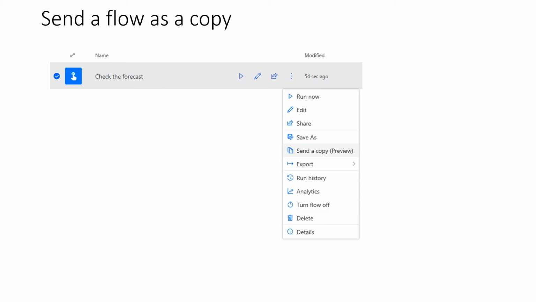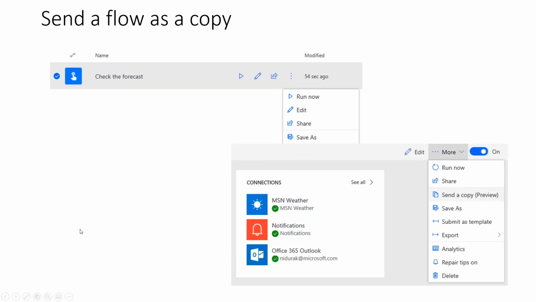I think the example I show here is something that is a weather indication. So what is the weather where you're at? And checking the forecast, and maybe that sends, you configure that to send it to you at a certain time each day, so you plan your next day appropriately. So being able to copy that and send it to someone else is, of course, going to make it easier to do,